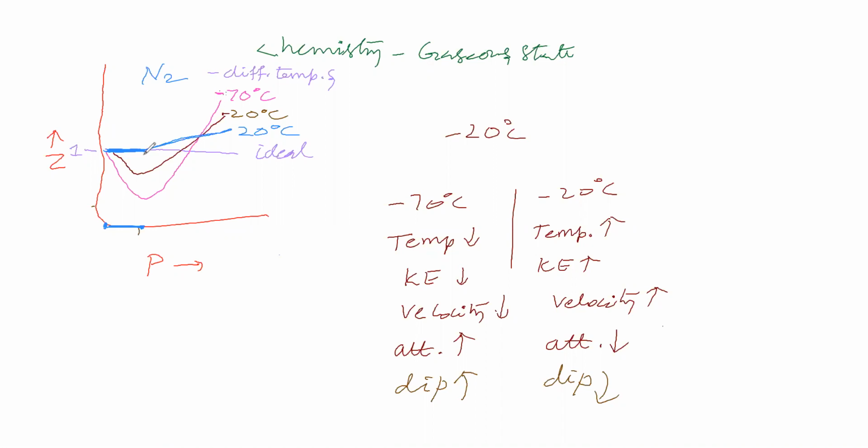Okay. Now we will take another pressure. Now the pressure is like this. From here to here we will see. Nitrogen gas shows only positive deviation. Here there is no negative deviation at all. When the pressure is greater than this, nitrogen shows only positive deviation. But at this pressure range, nitrogen gas is having Z equal to 1. So nitrogen gas is showing ideal behavior.